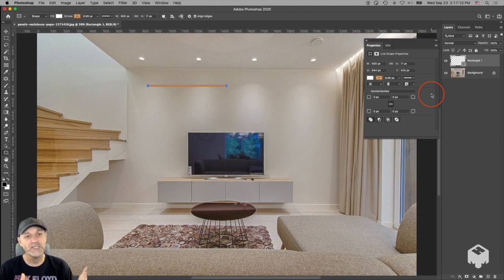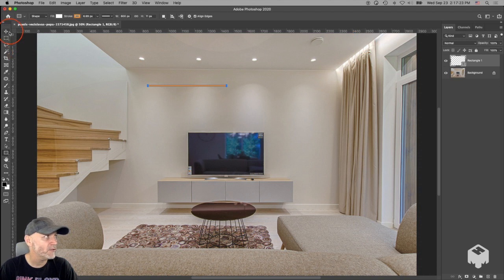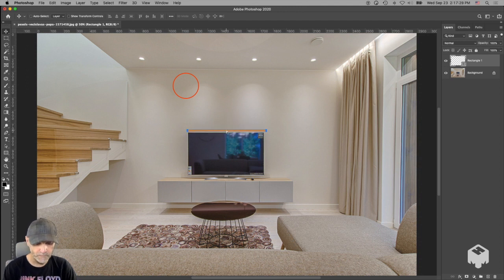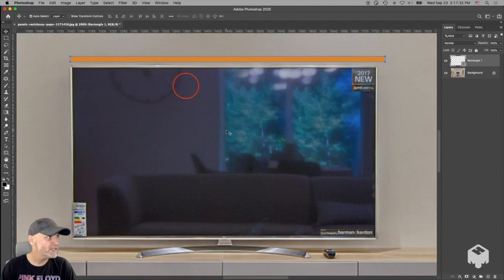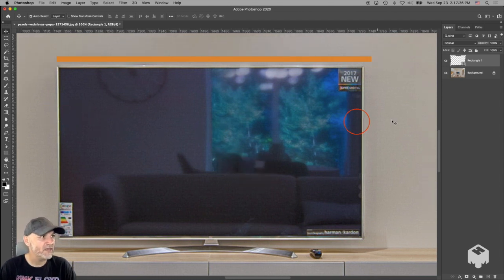So that television set is a 60-inch TV, and I now have a 600 pixel wide rectangle, and we're going to use that rectangle to scale the TV. So I'm going to grab that rectangle layer and drag it down here as close as I can to the TV. And then we're going to zoom in. Because in order to make the image to scale the way that we want it, the width of that television needs to match the width of that orange rectangle that we've created. And you can see it's